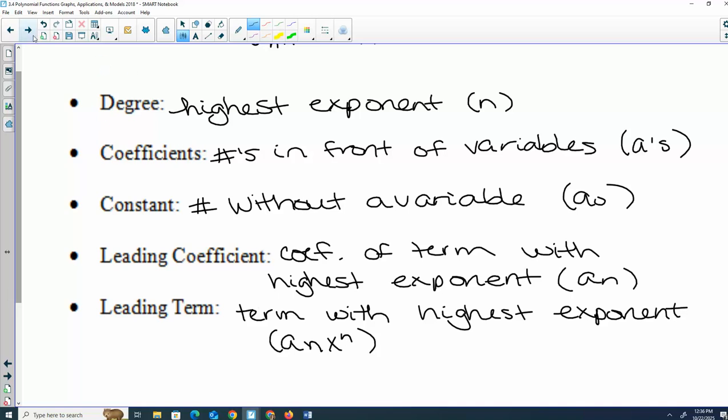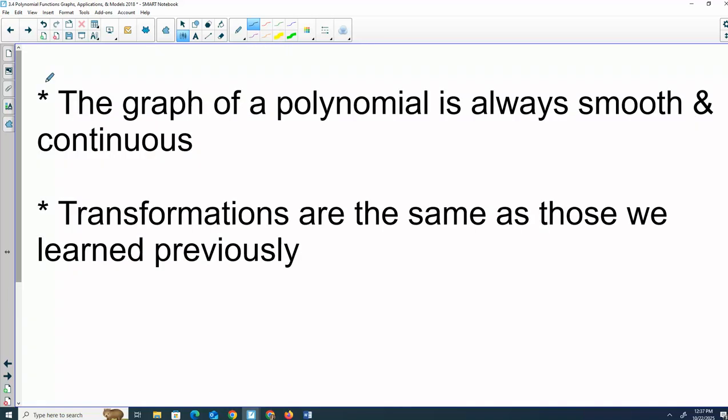When we graph our polynomials, the graph is always going to be a nice, smooth, continuous curve. So there are no breaks in the graph. There are no corners or anything like that. It's just a nice, smooth, continuous curve. Any transformation rules that you've learned in the past will also be true. Nothing changes there. One other thing to note is in a polynomial,